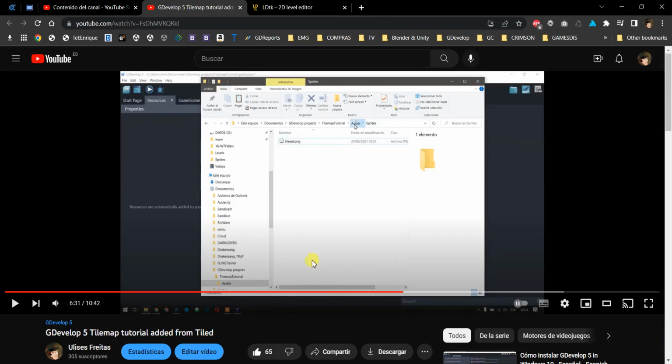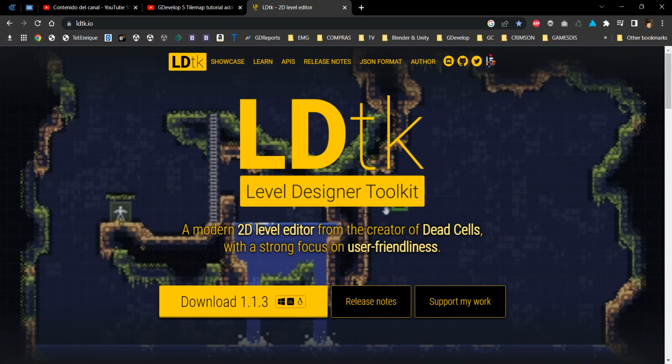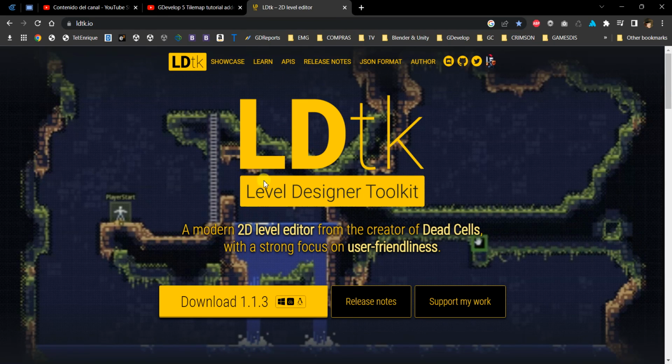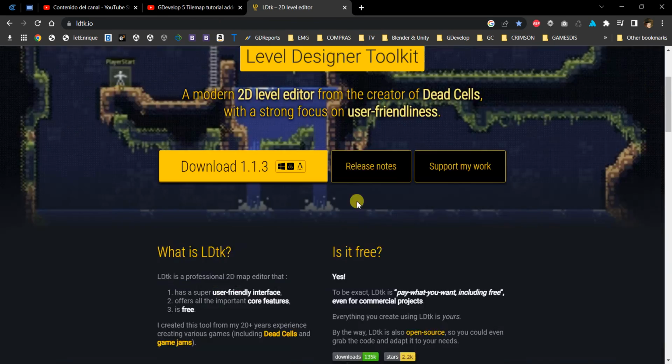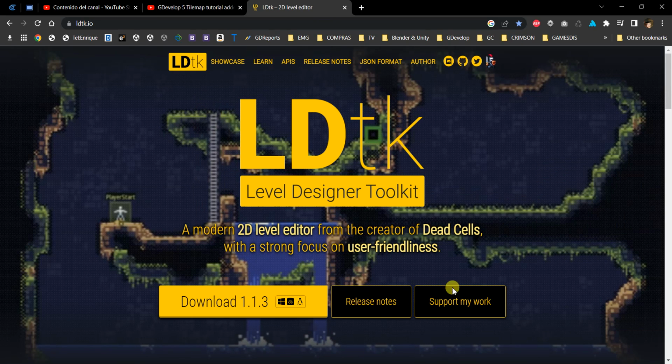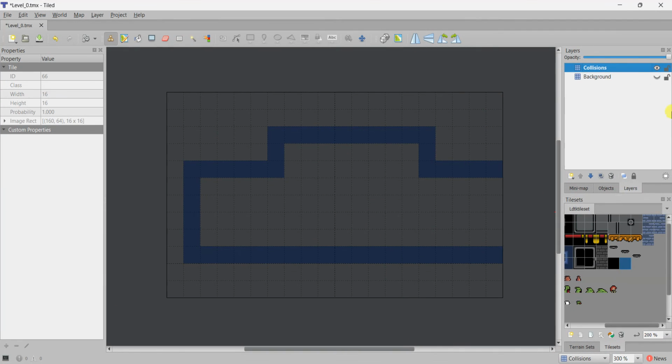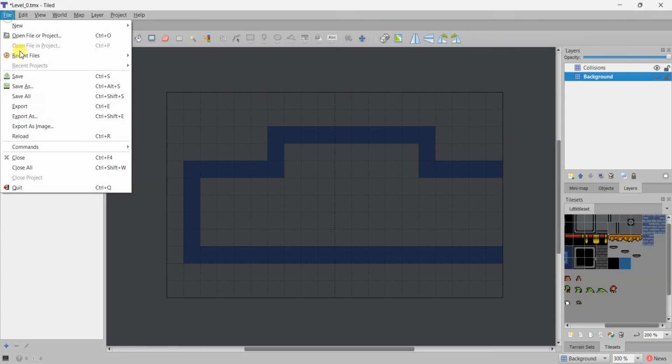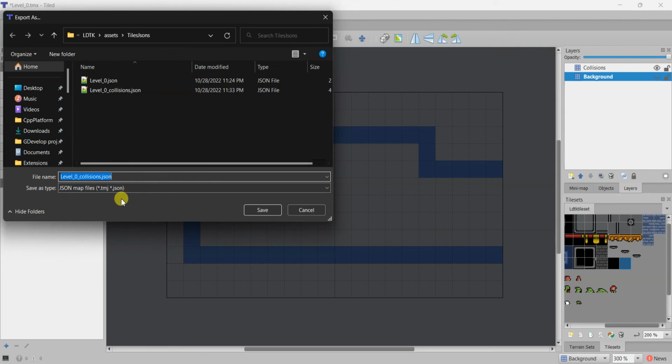So in the same way you can use Tiled, you can use Level Designer Toolkit to create your maps, then use Tiled to export the JSON thing from here,